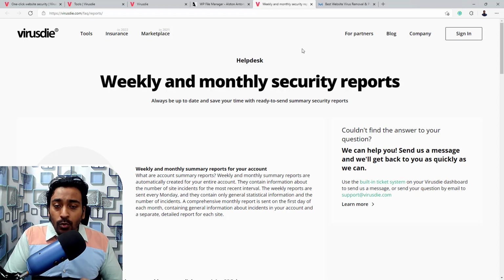Even if you are not manually doing anything else, just setting up something like VirusDie to scan your website every day, and setting up firewall functionality for the website, it is going to be working 24/7 for you. It is going to keep on scanning. It's going to let you know about all the infections. It's going to be monitoring all the traffic details and all the spam or potential threats. So even if you are not doing anything else, it is going to do all the work for you. Because of that, it requires really little effort on your end.